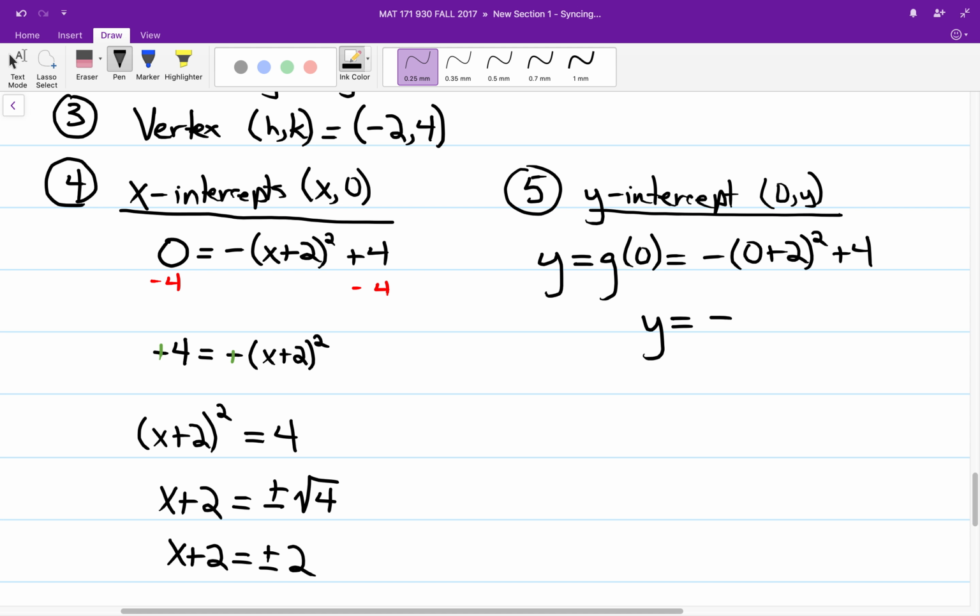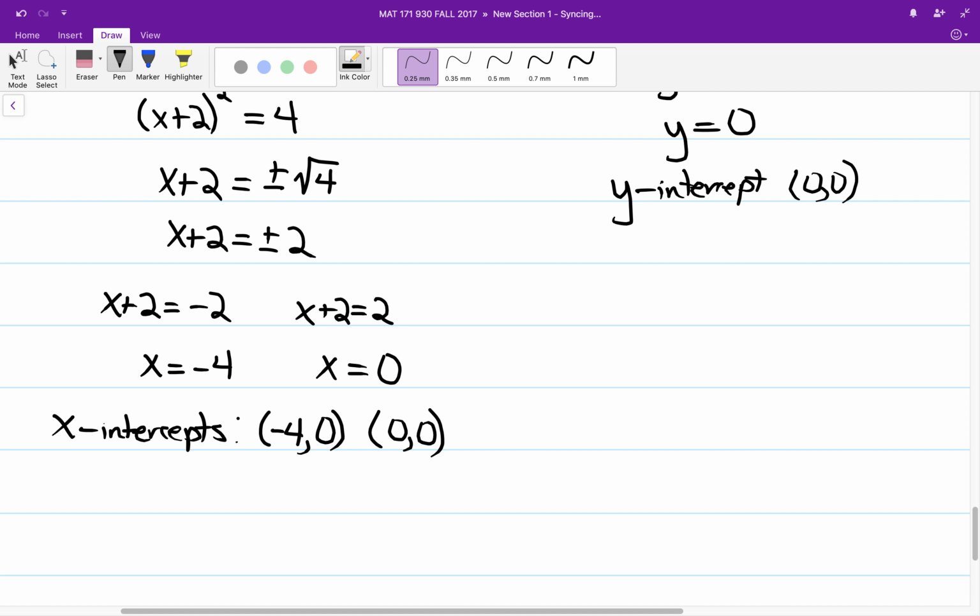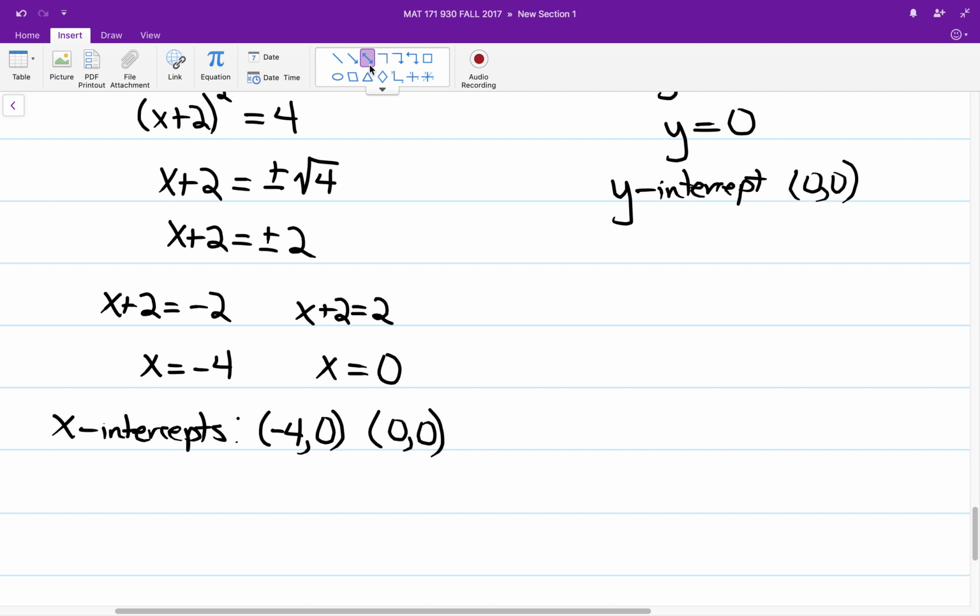And so we have y is equal to the negative of the square of 2, not the square of negative 2. There is a difference. The square of 2 is 4. However, we are taking the opposite sign, and negative 4 plus 4 comes out to 0. And it will follow that for the y-intercept, we'll end up at the origin. And the origin is the distinct ordered pair where we have this to be both an x-intercept and a y-intercept. Now, in terms of taking what we have and graphing,